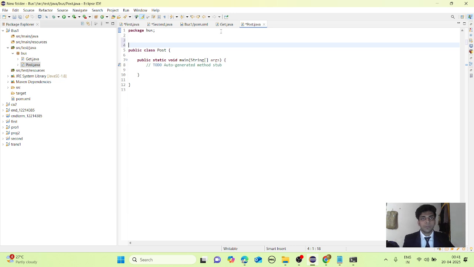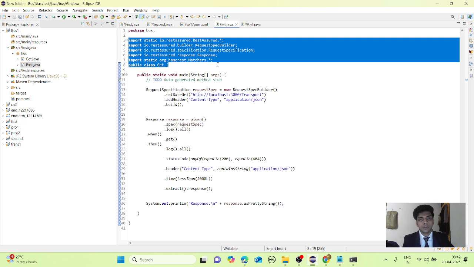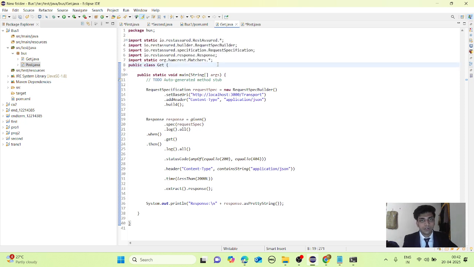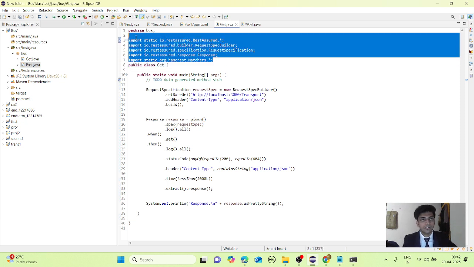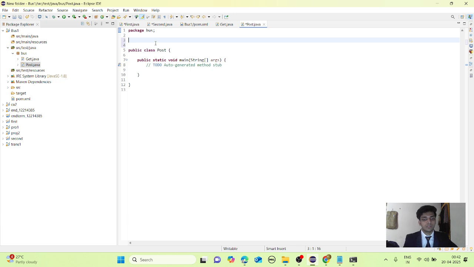We have to import some packages, which I am copying from my previous get operation. Copy it from here and paste it there.